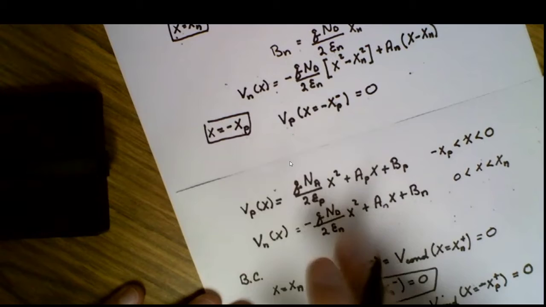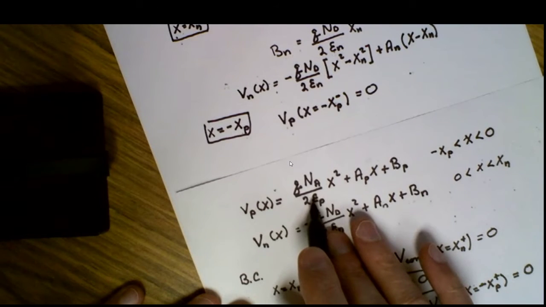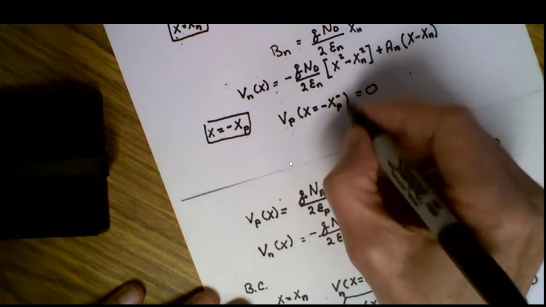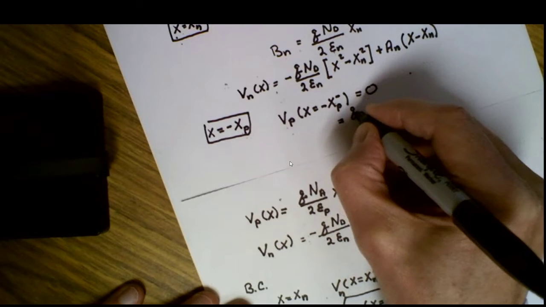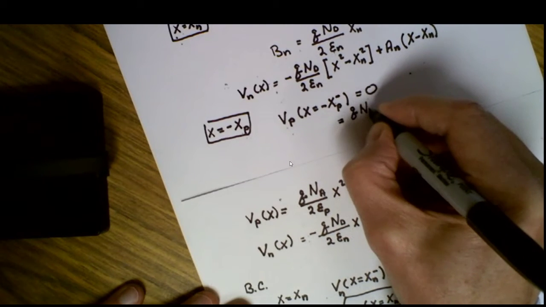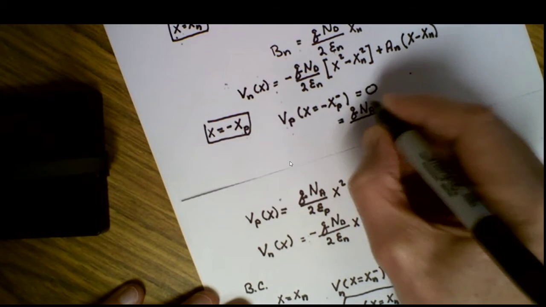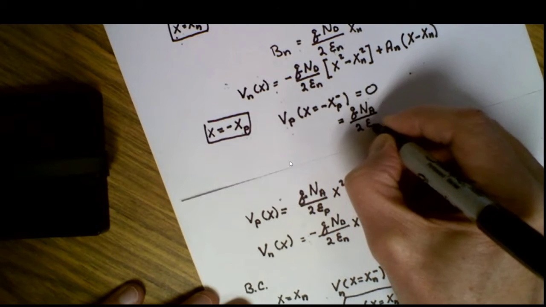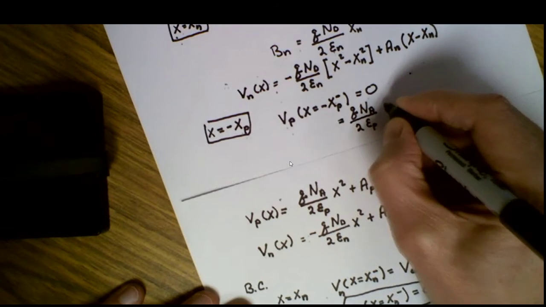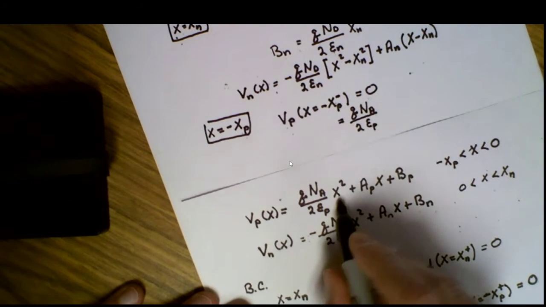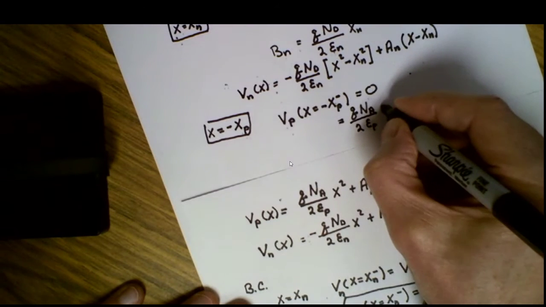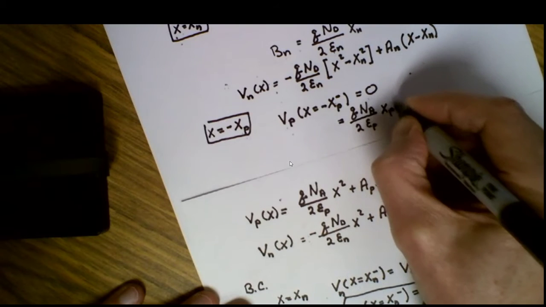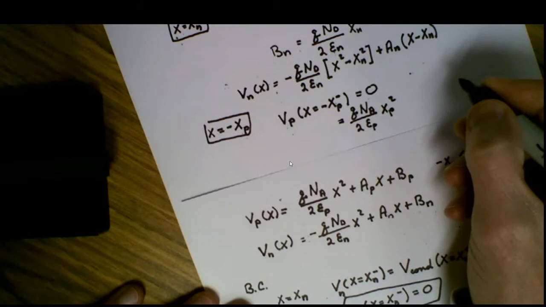But the potential v sub p can also be re-expressed in terms of the parameters of our problem. And this is going to be equal to q times n sub a, the number of acceptors per unit volume, divided by 2 times the permittivity epsilon sub p, times here x squared is now going to be replaced by minus x sub p squared, which is going to be x sub p squared, minus sign drops out,